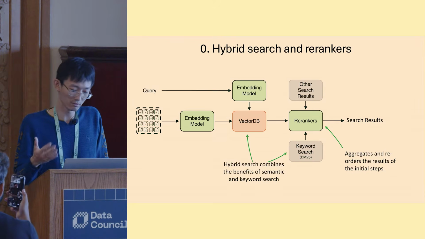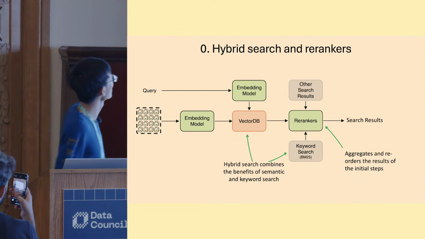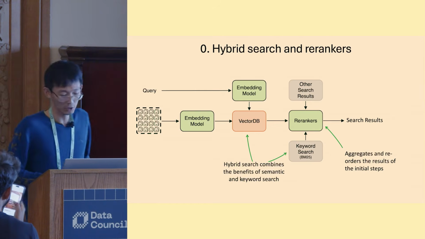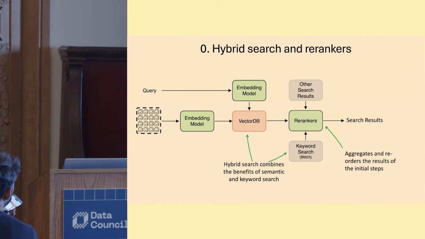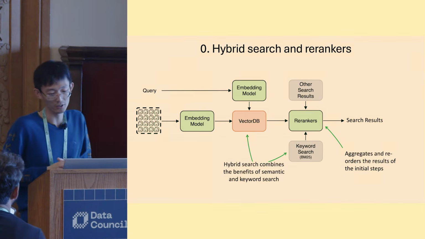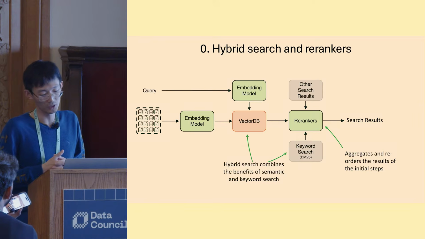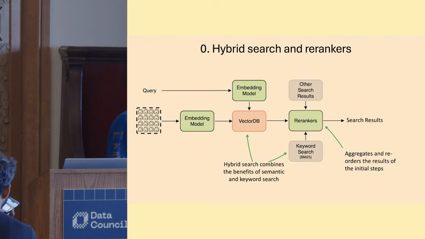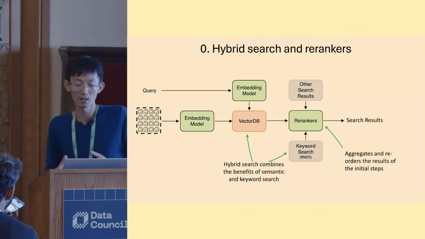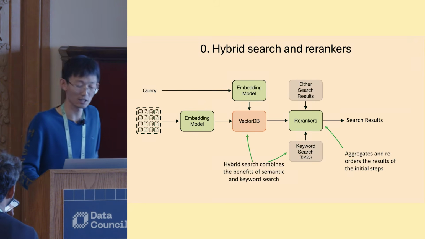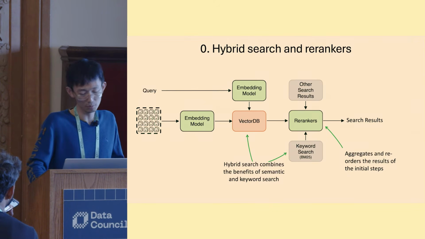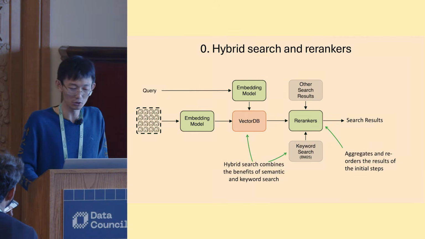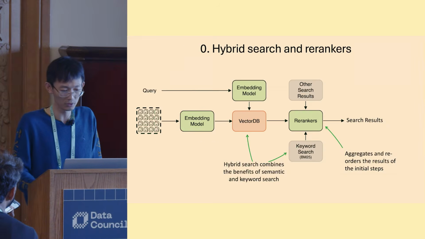One pretty common way, which I think most people probably know, is to use hybrid search and re-rankers. Basically you use the embedding models at the beginning, the first few components I've shown, and then you add a re-ranker. This re-ranker by itself can polish or refine the results, and you can also combine it with other hybrid search results like keyword-based search, and so on and so forth. You can aggregate multiple different search results, even sometimes the results from different embedding models, and then you get the final set of results. This is pretty common, and it's pretty much guaranteed to be useful. All the customers I've talked to found this to be useful.